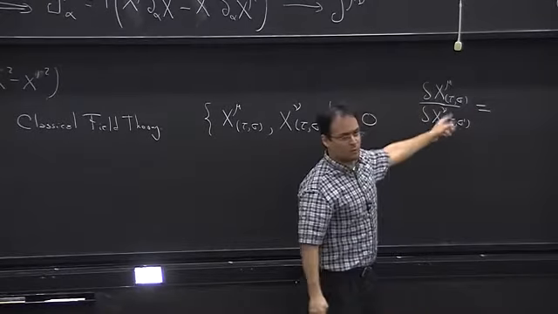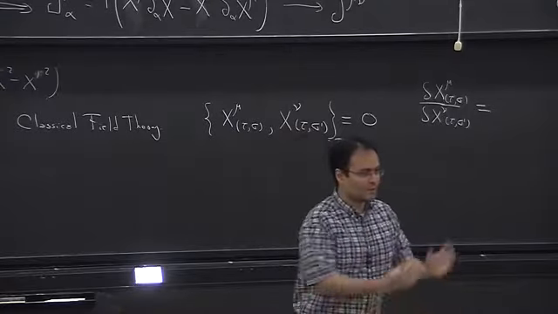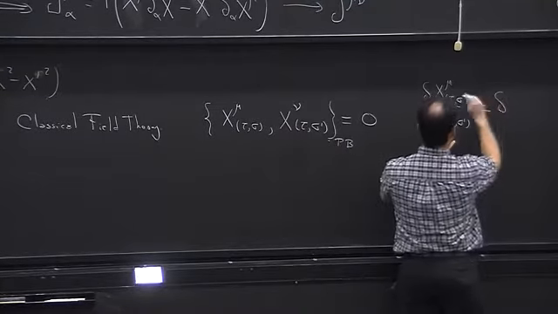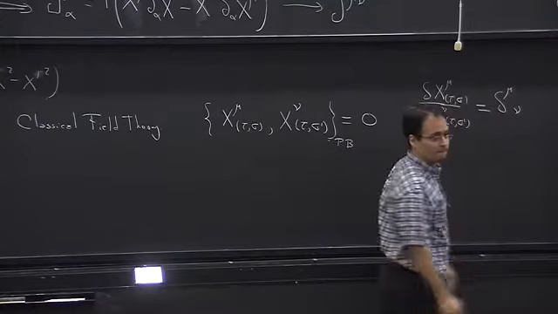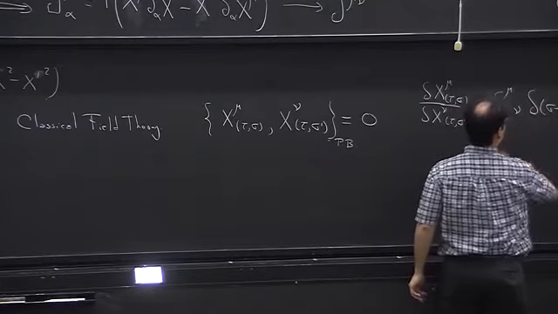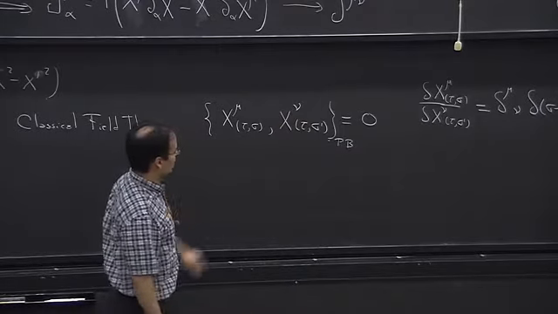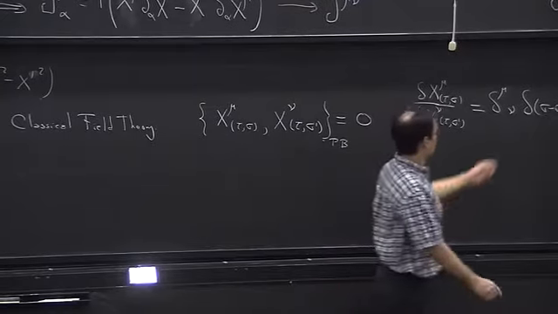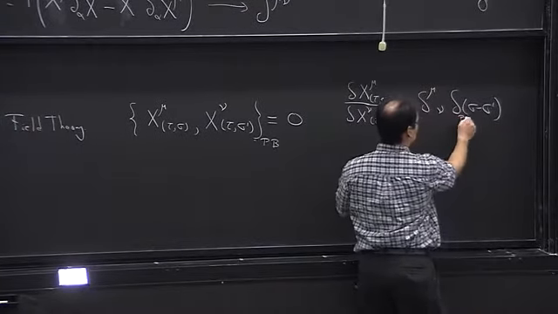Can anyone remind me what this is? Remember, these are functional derivatives, right? Yeah, so of course there will be a delta mu nu, but then we also have the continuous analog, which is a delta function. Now here there is something special, because our variables are periodic, okay? So since they are periodic, we have to be careful and use a periodic version of the delta function,